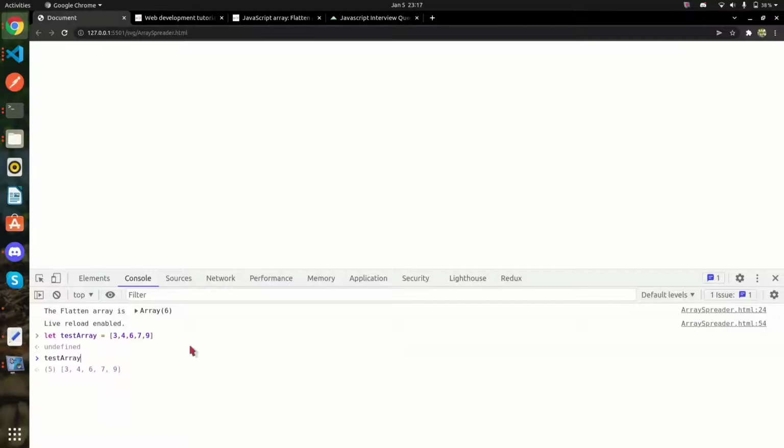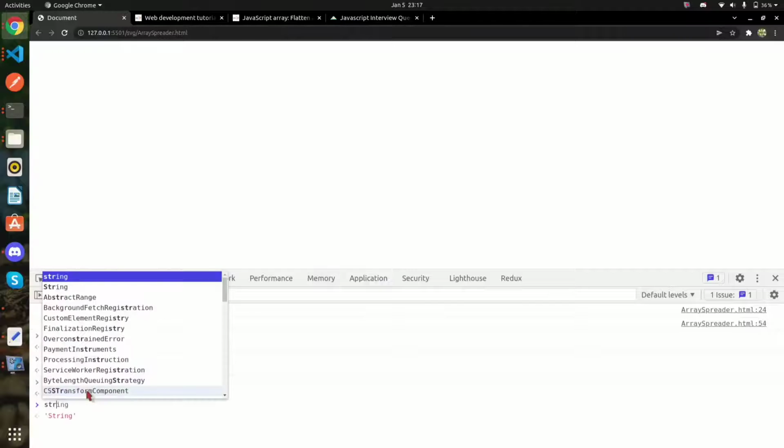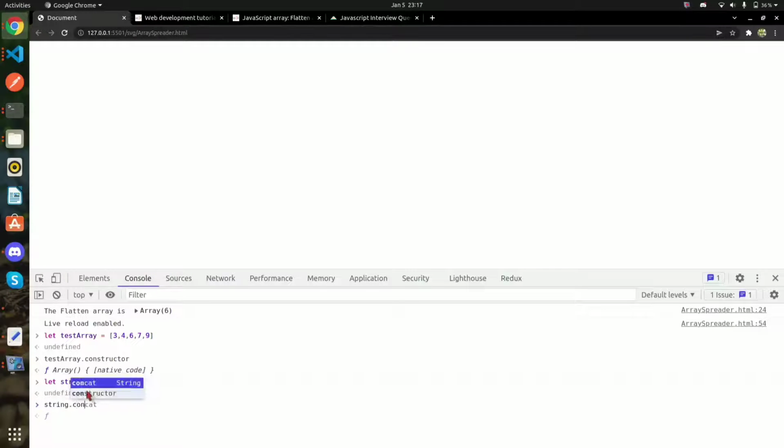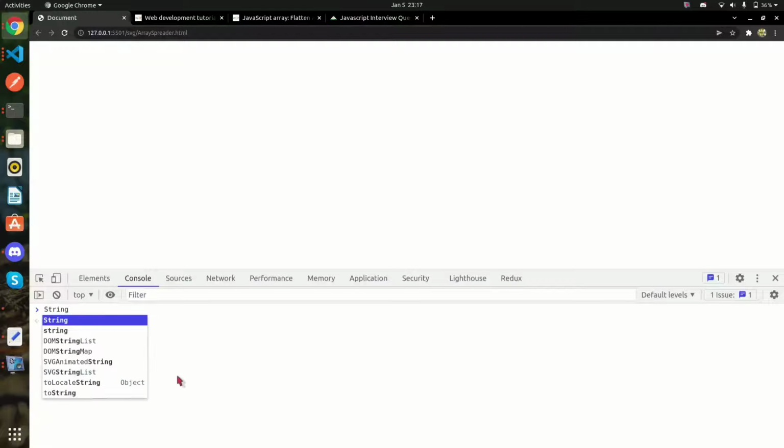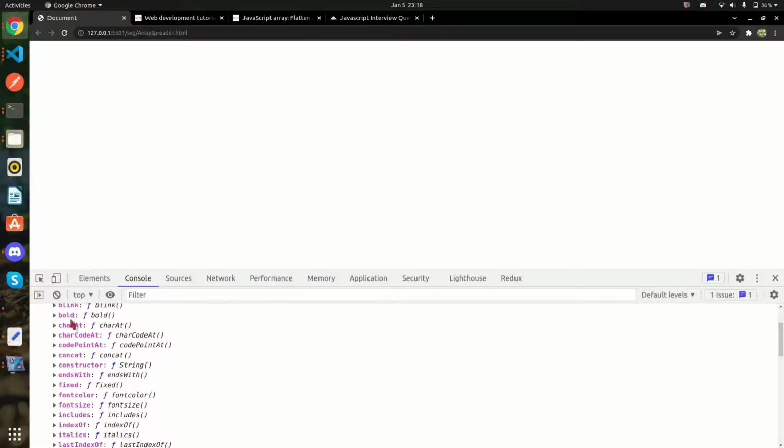If we see its constructor, it is of type Array, as you can see. Similarly for a string, its constructor is going to be String, because these are all defined in the prototype library. These are all predefined objects. So in String prototype, as you can see, we have a constructor which has String inside it. It's a function, it's the code of it.